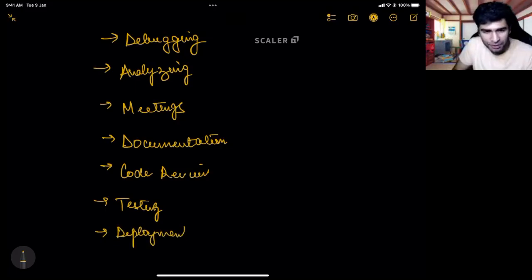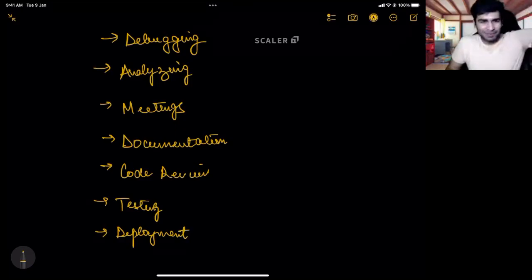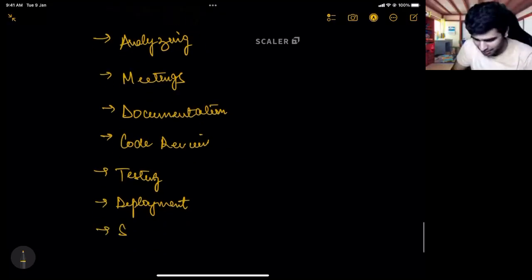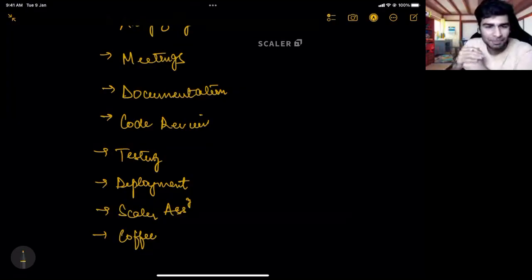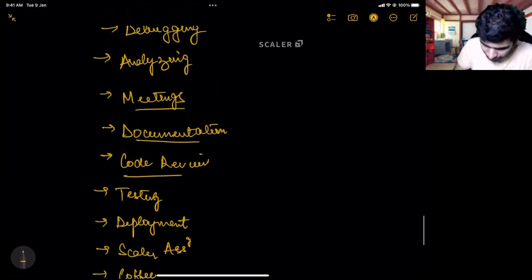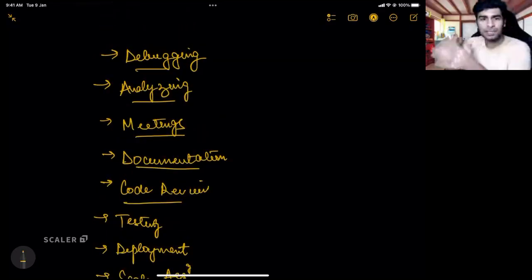Anyone drinking coffee? Okay, so Tapan is my favorite student. Tapan is saying he spends that particular time solving scalar assignments. Fair enough. I mean, you spend that solving scalar assignments as well these days, coffee. But let us get to the practical. Let us get to the real things. Okay, so mostly documentation, code reviews, etc. Okay, okay. Now let us get to these parts.